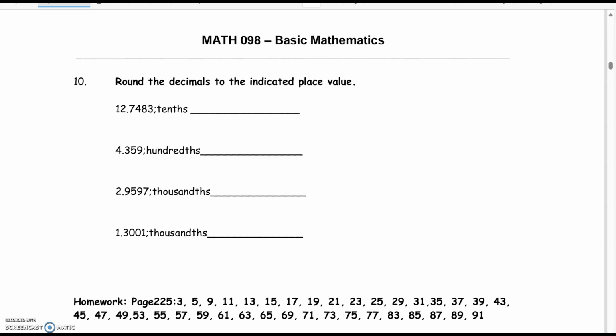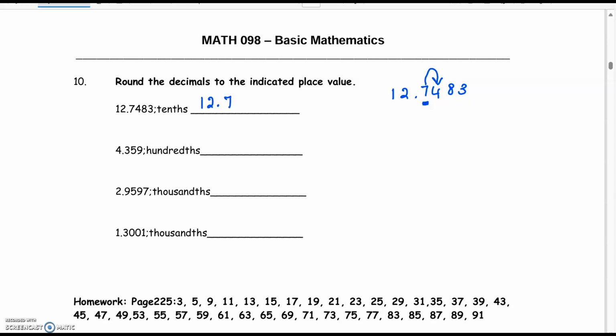Now it's important to know how to round numbers, and you have to follow instructions carefully. So we have 12.7483 and we want to round it to the tenths place. So first identify the tenths place. Look one place value to the right, and this tells you that we need to round down, which means leave the 7 alone. And this is how